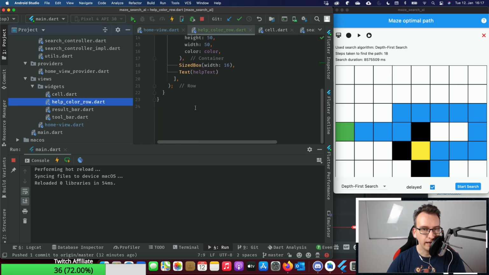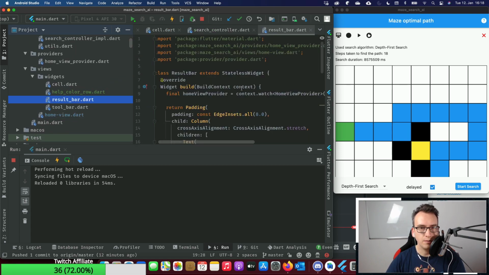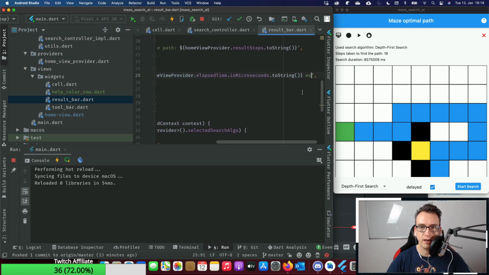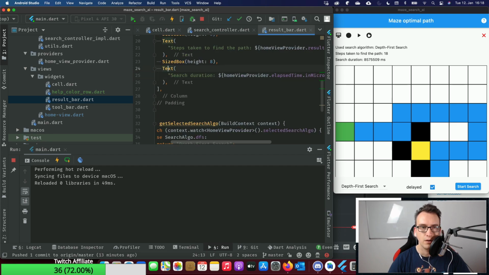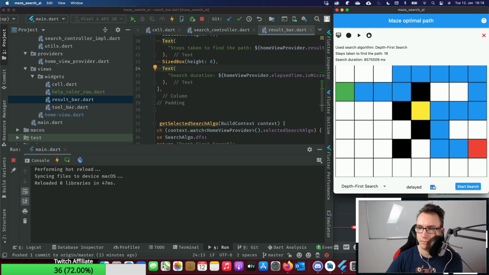So what we could add maybe in the result bar, if the time has run very long, is an explanation, at least if it is delayed, of why it takes so much time. But I think it's not too important. I guess the people can understand what happens here.